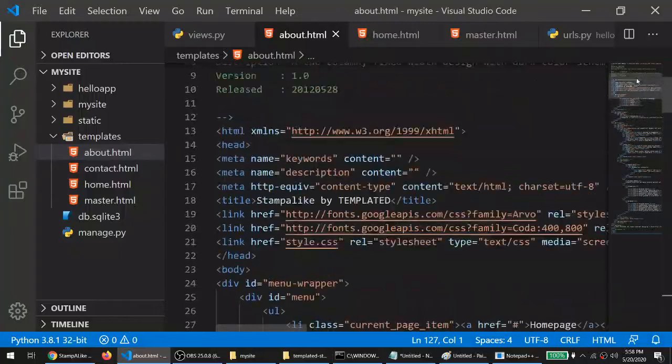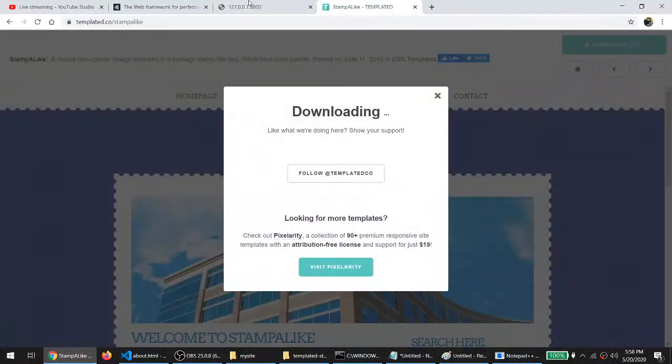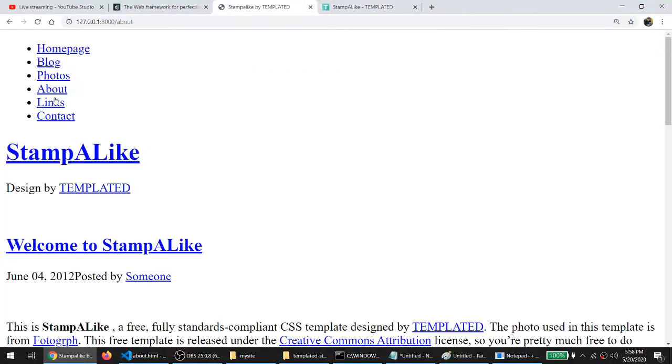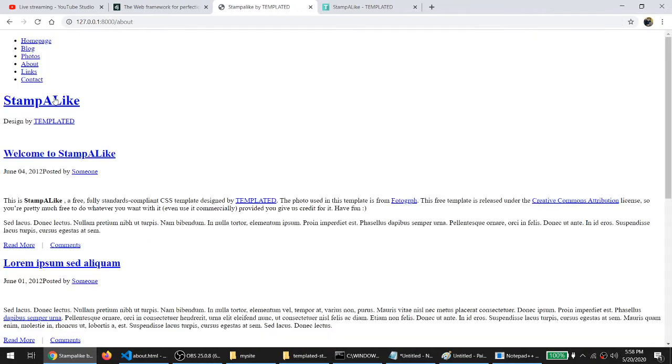But if I run the About Us page again, see, the template is loaded perfectly, but the CSS file is not loading properly. For that, we have to follow one more step.